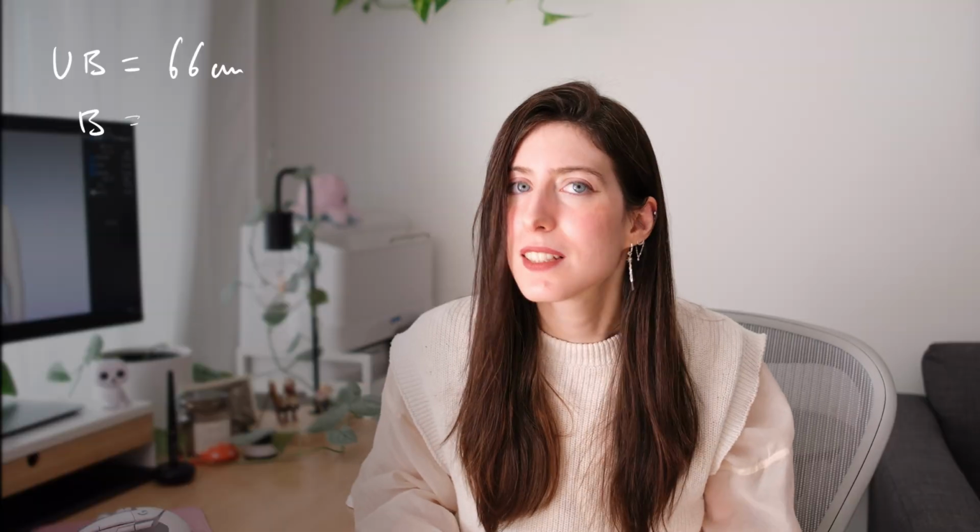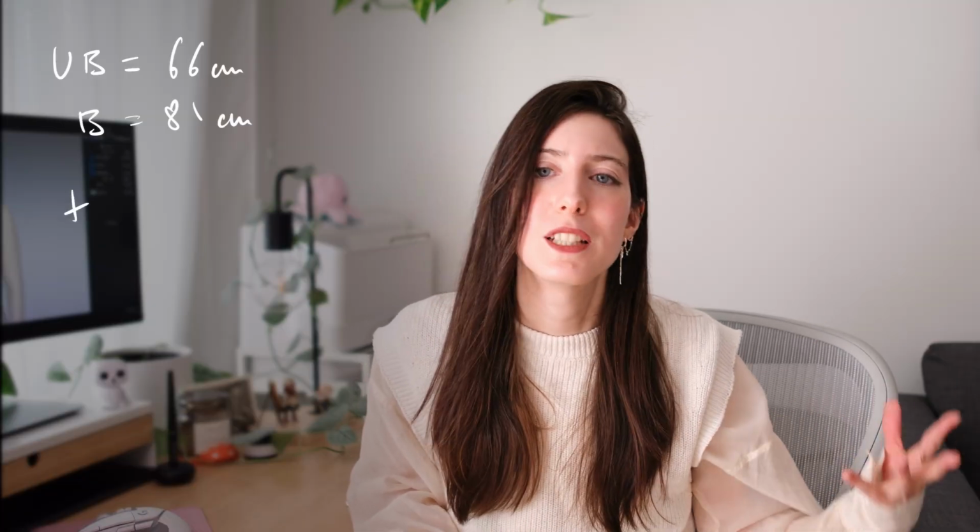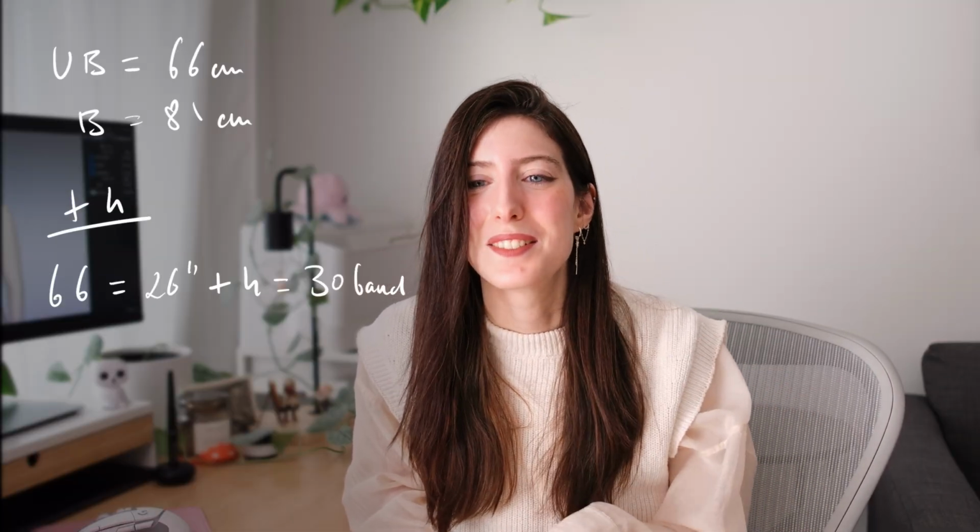My underbust is around 66 centimeters and my bust is around 81 centimeters. If we want to calculate my size in the +4 method, we have to bring all those measurements to inches. So my underbust would be around 26 inches. So if we add that 4 inches, we would get 30 inches. And that would make me a band size of